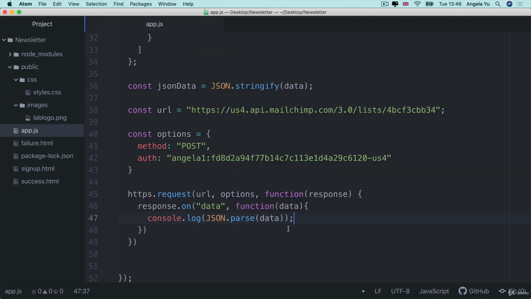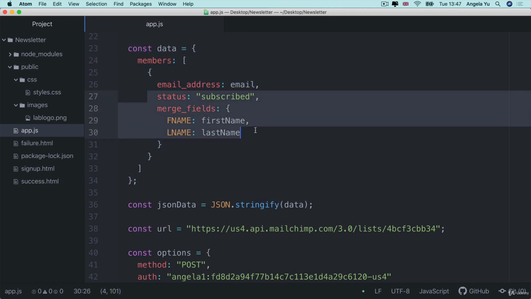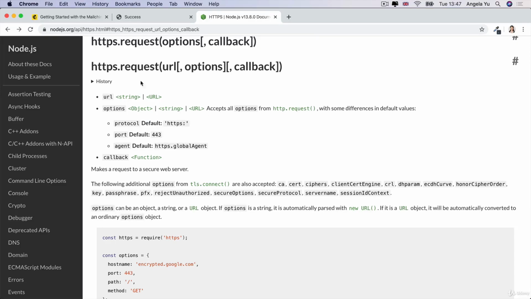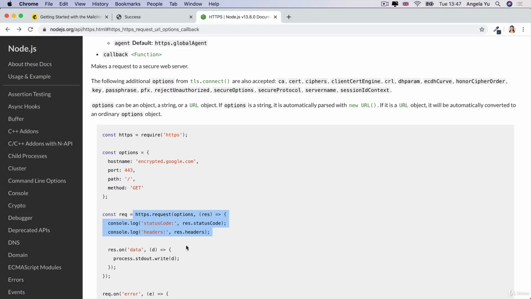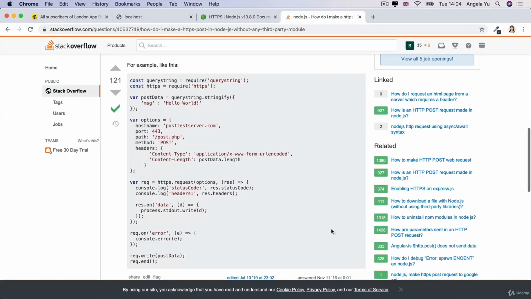So now some of you might be wondering, okay, so we made our request, but nowhere in this request or in our URL or in our options have we specified what it is that we want to send to Mailchimp, namely our JSON data, which comes from here, and it includes the email address and the first and last name of our subscriber. So that's a very good point. In order to send that data, if we take a look back at the documentation for the request method, we have to save our request in a constant. And then later on, we can use that constant request to send things over to the Mailchimp server by calling